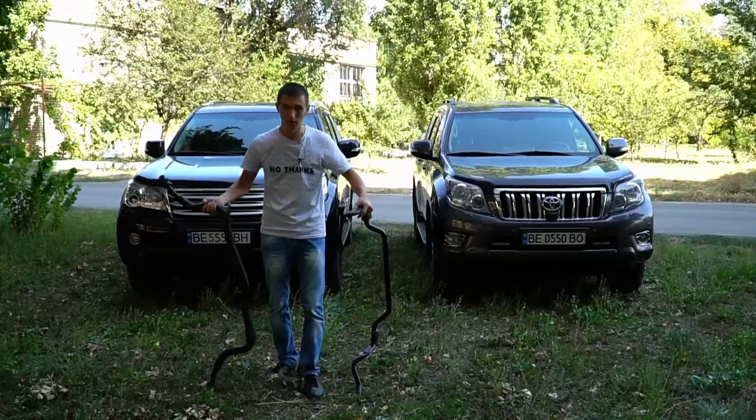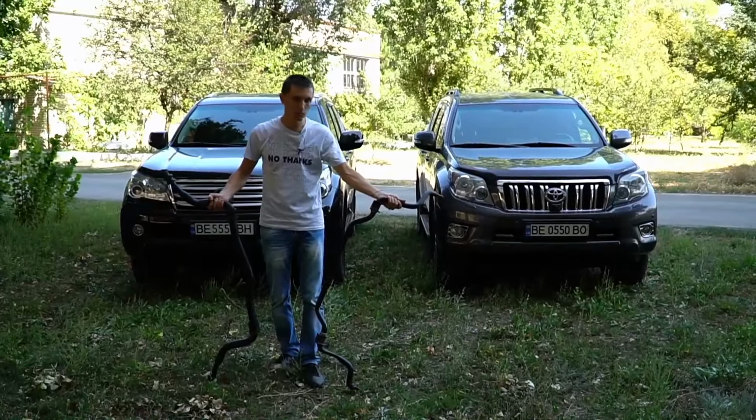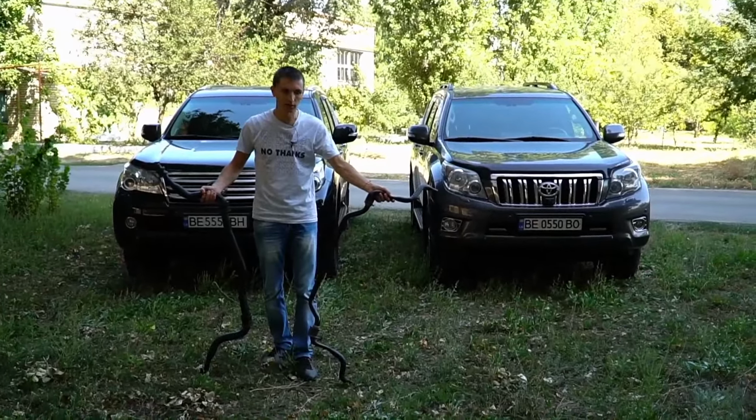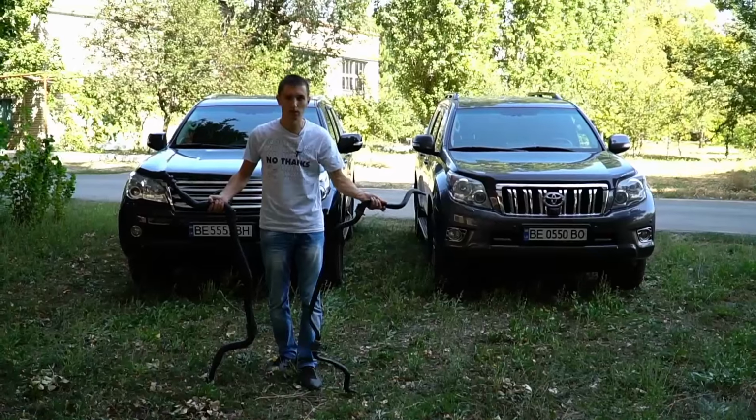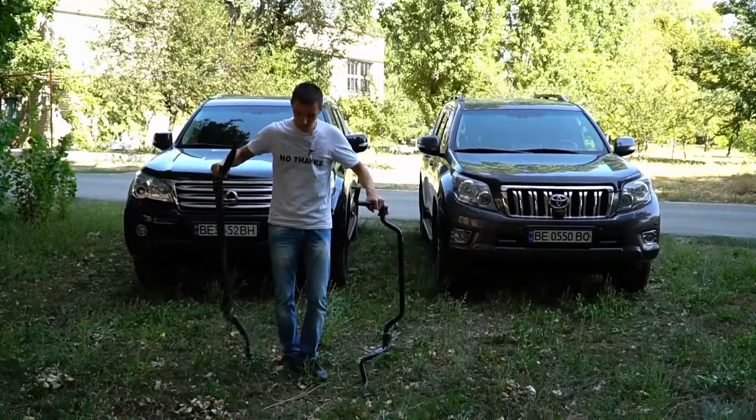Here in my right hand is a part of this stabilizer, and on the left, this is a regular stabilizer bar from the classic GX470. Or the 120 Prado has a similar stabilizer. So with the introduction of the KDSS system,